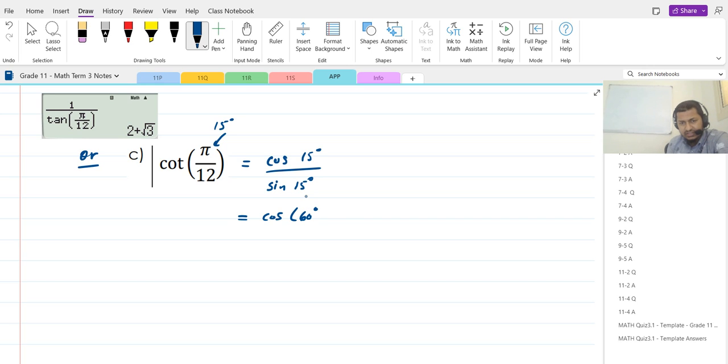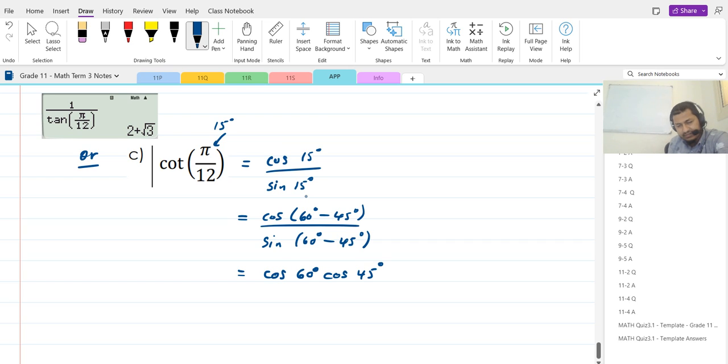So cos 60 minus 45 divided by sine 60 minus 45. Now what's the expansion for cos? Cos, cos, sine, sine. Cos 60 cos 45 plus sine 60 sine 45 divided by